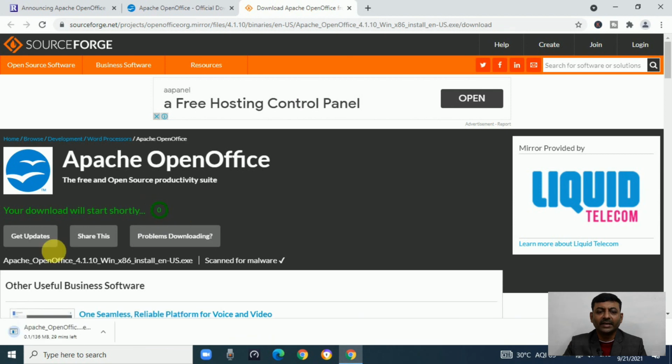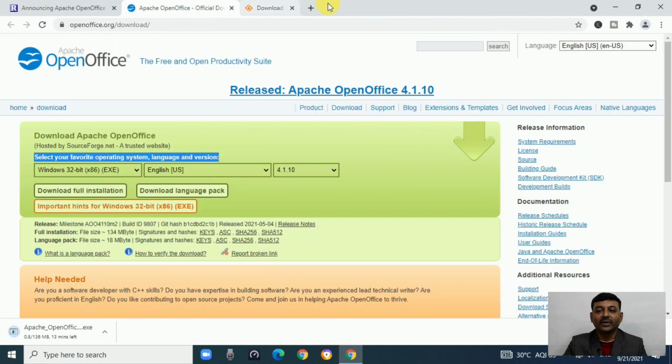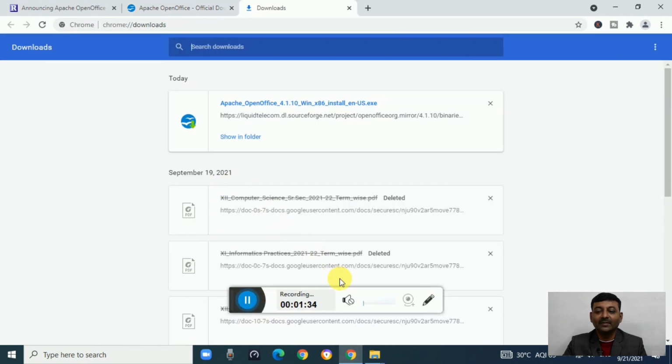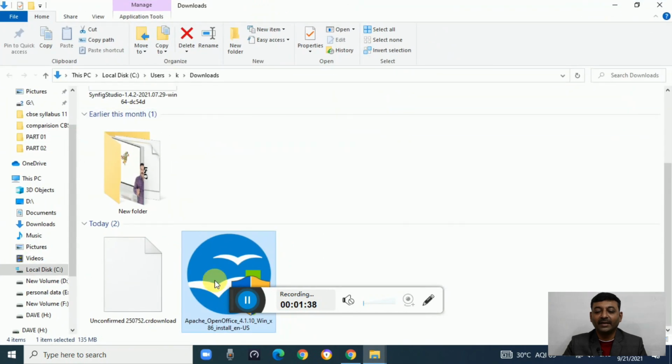So wait for a few seconds, and according to the speed of your internet it will start downloading, and wait for download. And this download is displayed in the download folder. Click on it. After that this icon is displayed. Double click. When you double click, it will display